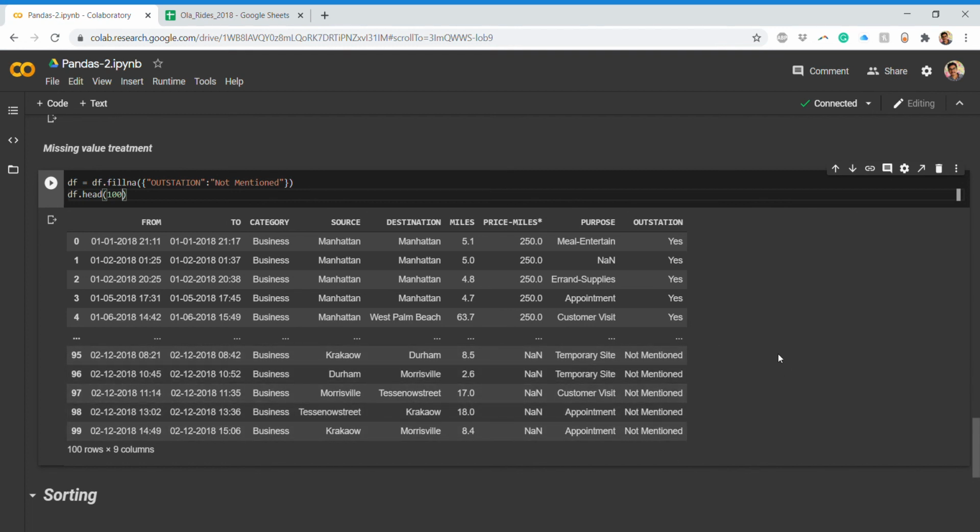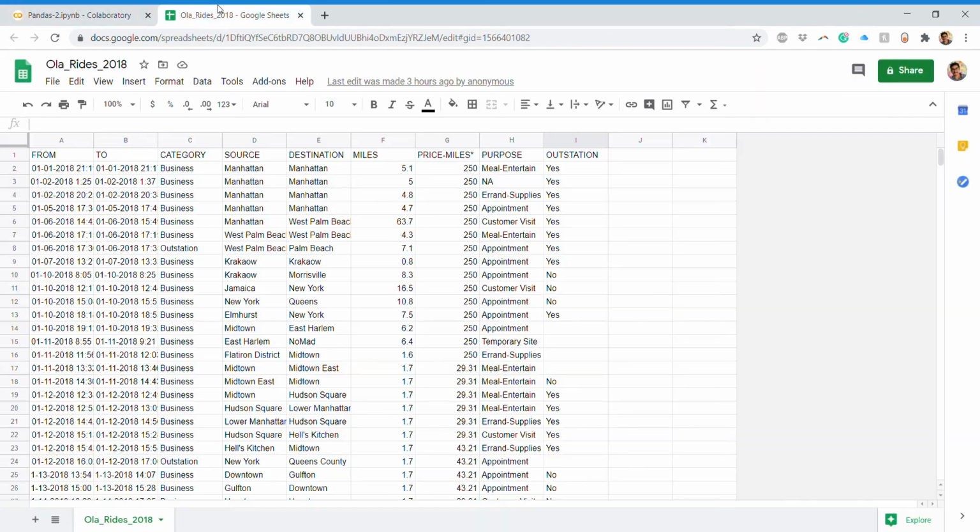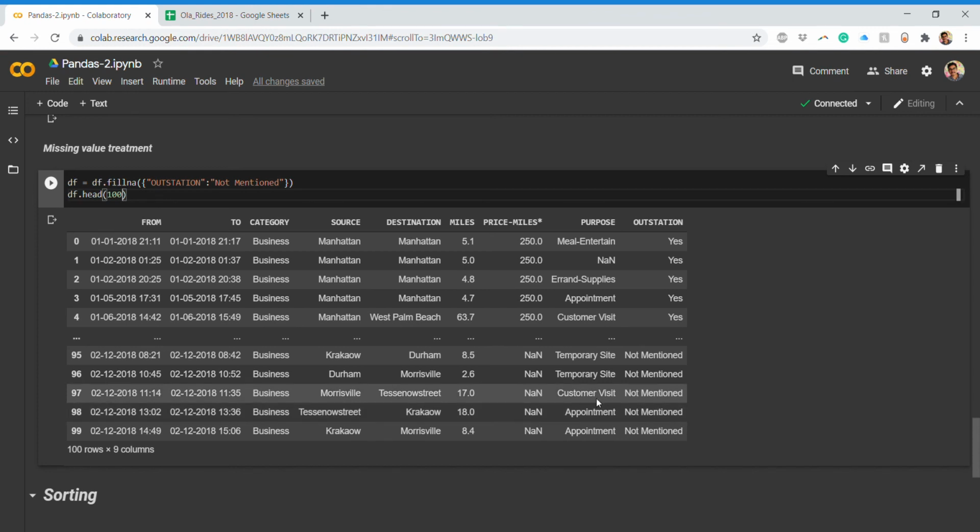Sometimes you may also do dropna, but that will be ignoring all these things. But if you want to consider this, then you have to use fillna, or the data scientist doing this will be inputting some value, not manually from Excel sheets, but from the Pandas library. So these are the different functionalities that are available with Pandas.